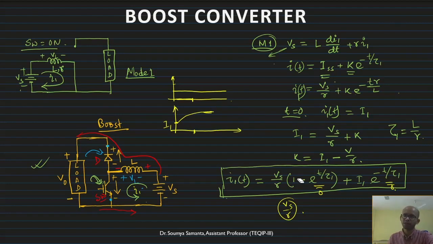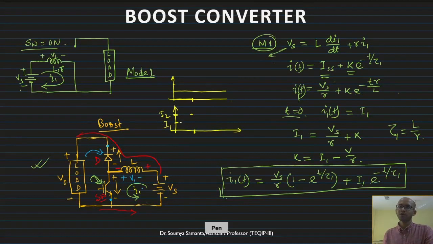Now if we change the switch in between, then things will be different. It depends on when we change the switch. Suppose whenever it reaches, say it is I2. Let me denote it, this is I2. Here it changes, then we have changed the switch position. Now what will happen in this case? It is going to the final steady state value, but before that I have changed the position. It has reached this point and then I change the position. Then let's see what happens. Now this is on, now this is off. Now if I turn off the switch, what will happen?